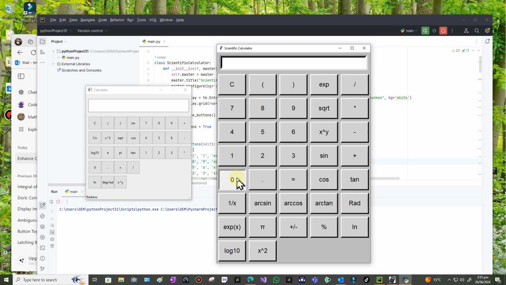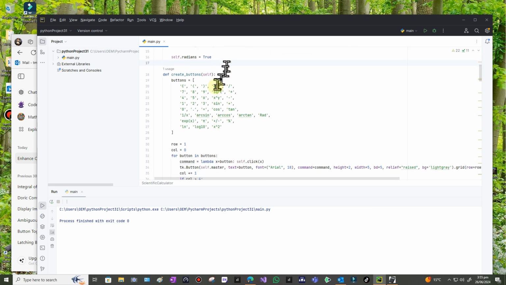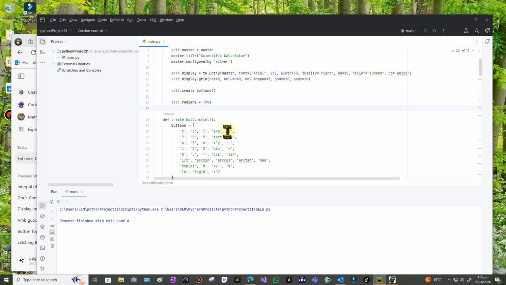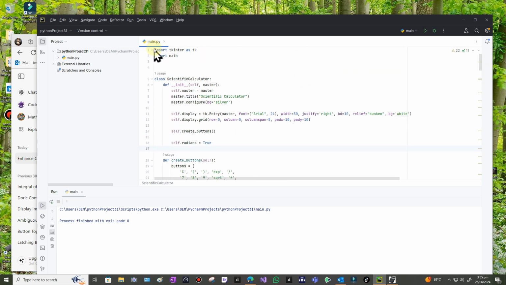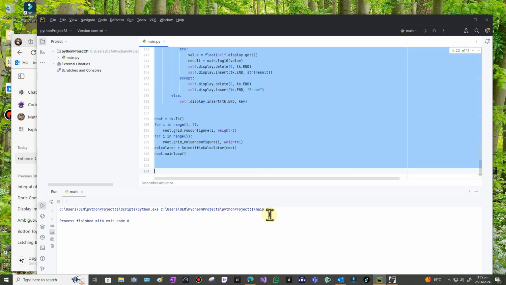Let's try 0 exponential. Yeah, and that's obviously an error. I mean, if I wanted to, I could probably just go in and delete that. There it is there in the code. Perhaps delete that if I knew how to code properly, and just ignore it, even though the code's still in there. But what I can do, and I'll do that now, is copy the whole code and then go to